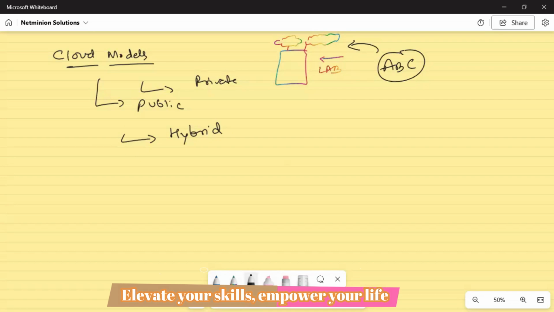When we are talking about public cloud, public cloud is something like you are,